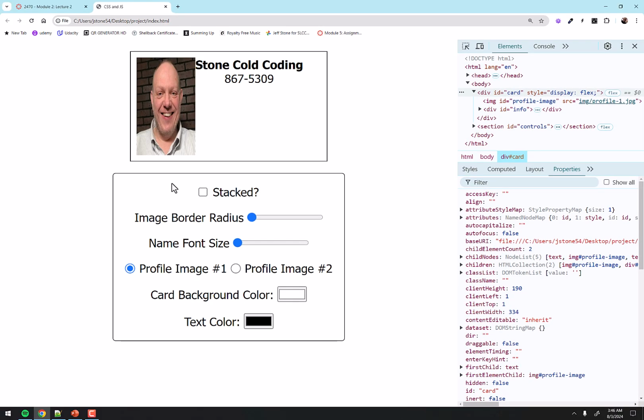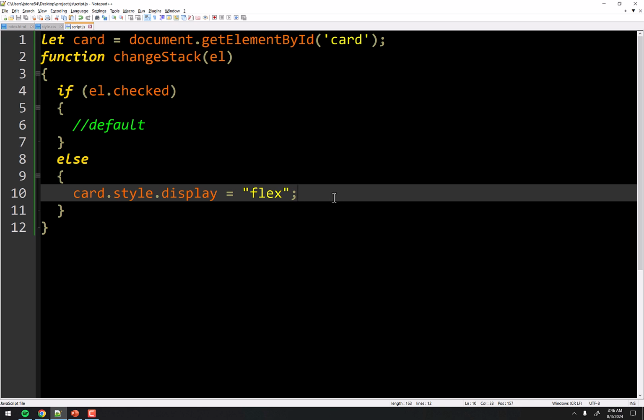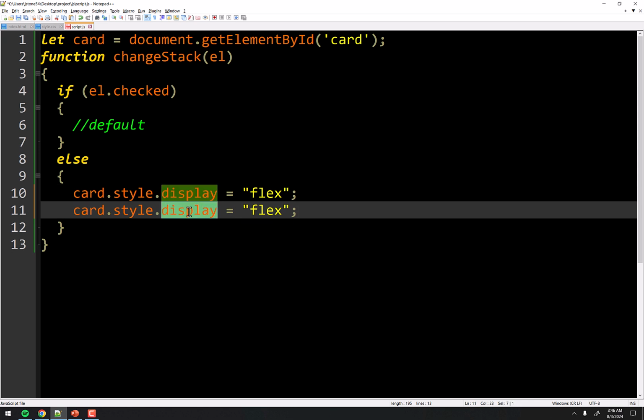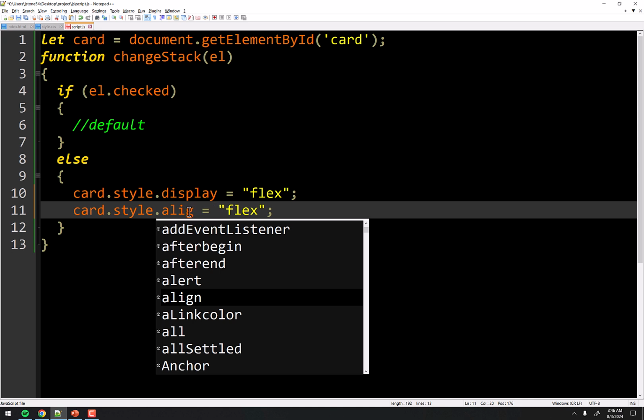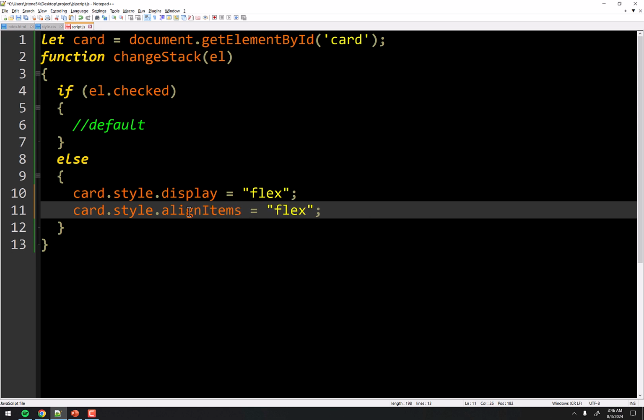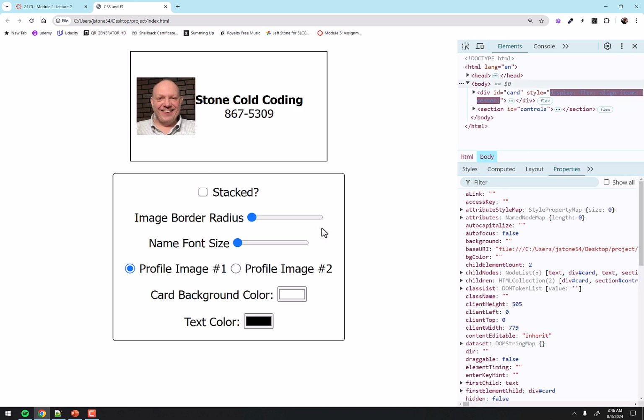But as you'll recall, that stretch is not what we're going for. So we want to center it. Well, you might recall we also did align items, right? So align-items is how you do it in CSS. Every time you have a dash in CSS, it's going to be camel case in JavaScript. So we get alignItems and it is center like that. And again, I'll refresh it and bam, we have exactly what we need except for the gap.